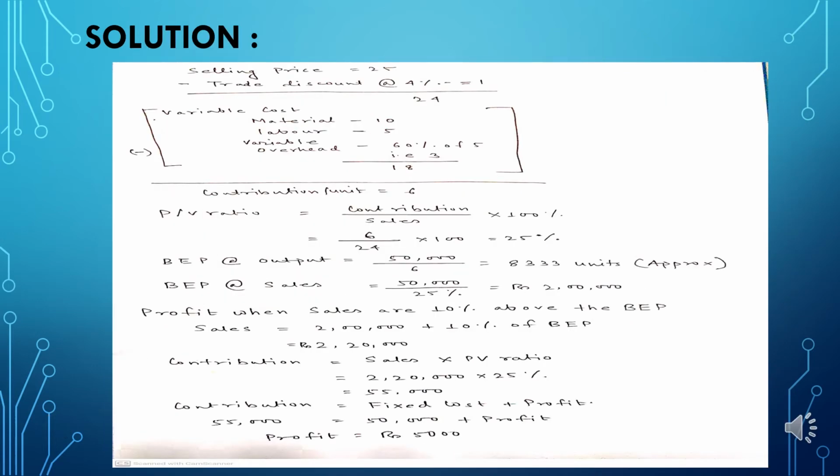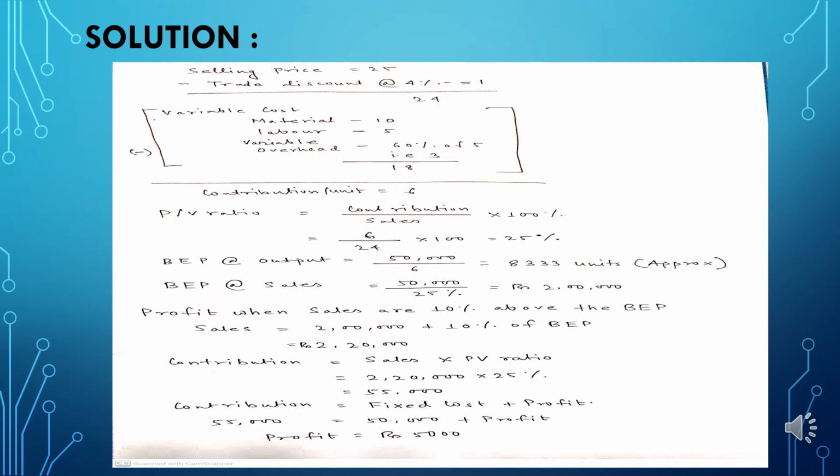Here in the solution, there is a concept of trade discount which has been introduced in this sum. Here I need to remind my students that trade discount is deducted from the initial selling price of the product. As you can see, I have deducted from the per unit selling price of 25 the trade discount value of 4%, that is rupees 1 on each product. So the actual selling price now moves back to rupees 24 per unit.